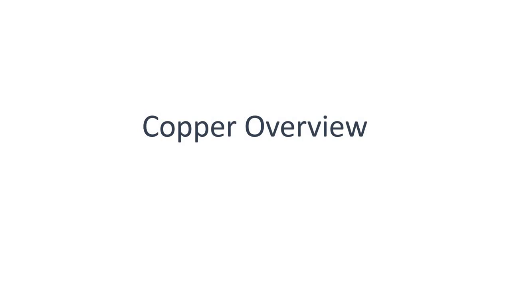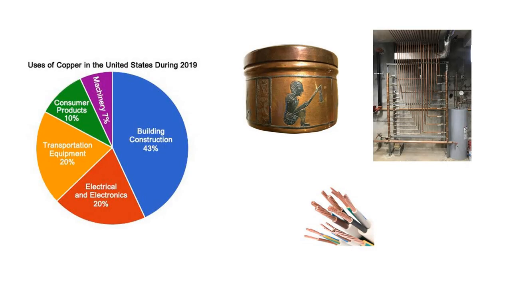So to get started, what is copper? Copper basically is obviously a metal. Why it's an important metal is it's quite a malleable, ductile metal, which has excellent conductivity of heat and electricity. So that's why we see it in wires and we see it in piping, because of the excellent conductivity and the ability to bend it.